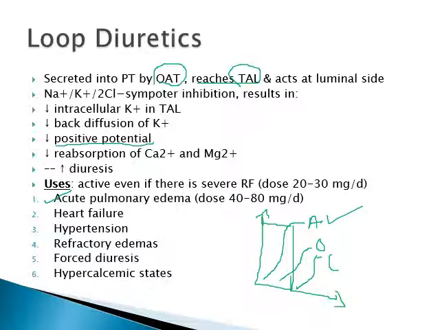By its diuretic action, we will see in detail how loop diuretics are helpful in the treatment of acute pulmonary edema. Basically, because of this high ceiling, it is the drug of choice in acute pulmonary edema. And in heart failure, again there is volume overload, there is edema, there are congestive symptoms which are symptomatically managed by loop diuretics.